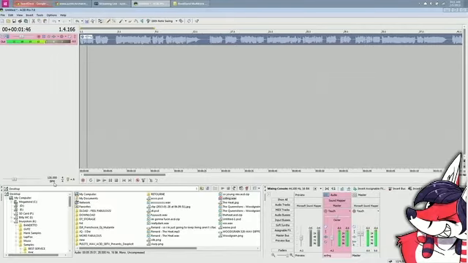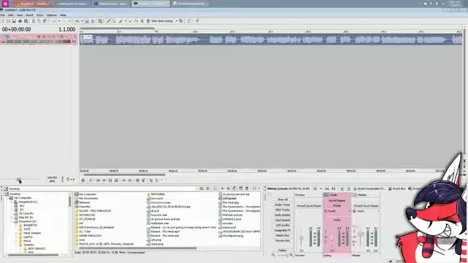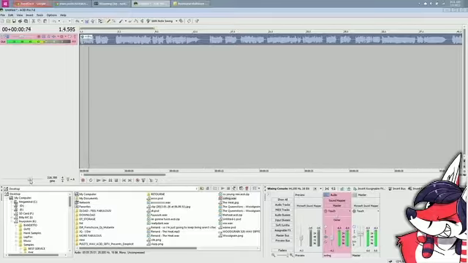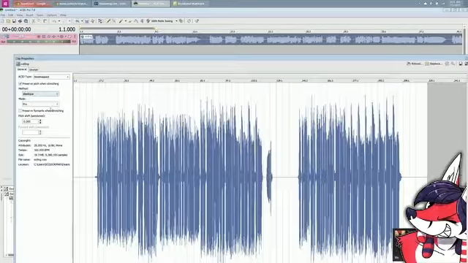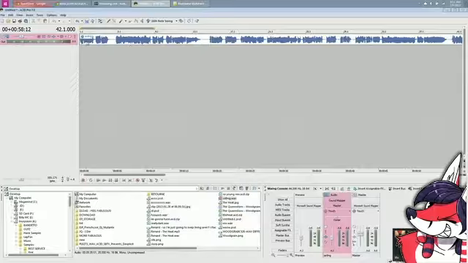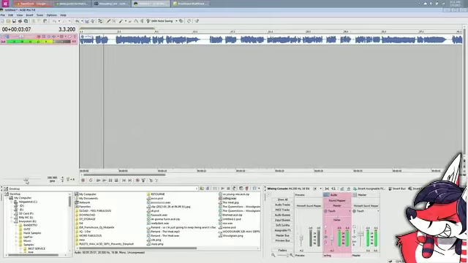It does a pretty good job. I mean, that's a pretty extreme stretch, and it still does a pretty good job. That sounds real bad. But you can go fast, too. Why not? It's got another mode called Monophonic, which is really good when you're dealing with clean vocals with no reverb, so it probably won't sound nice here. No, it sounds pretty good.